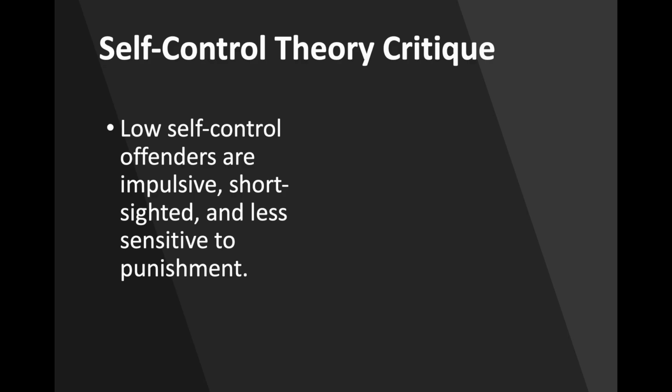Now, an important nuance here is that self-control theory does not completely eliminate deterrent effects. Even highly impulsive individuals may still respond somewhat to certainty and situational constraints. For example, visible guardianship, immediate supervision, or rapid sanctioning. All of these may still shape behavior, but self-control theorists would generally predict weaker deterrent effects among impulsive offenders compared to highly calculating offenders. This again reinforces one of the biggest themes of this lecture, that deterrence effects are conditional rather than universal.